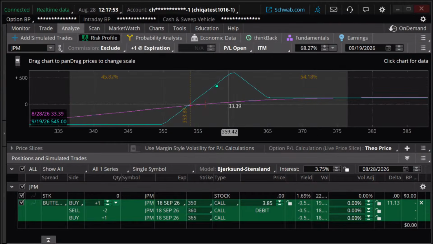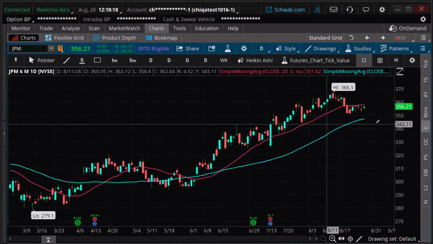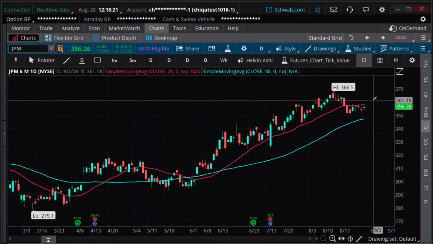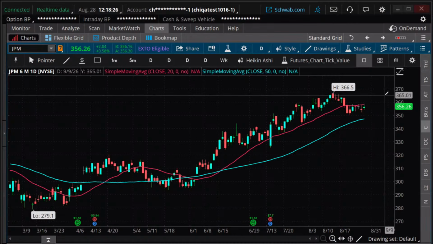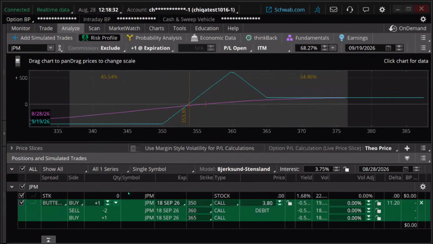But if I'm a little bullish, and look, realistically, you got to think about the time frame. This is a September 18th expiration. We're not planning on holding it all the way to September 18th. We're planning on getting out 5, 6, 7 days before expiration, about a week before expiration. And so really we're looking at maybe a 2-week trade. How high is this going to go in 2 weeks? Well, I don't know. I mean, it can go way up in 2 weeks, I guess, but more realistically, I think this is the area we're looking for. Okay? So that's that trade. That's how you do that trade.